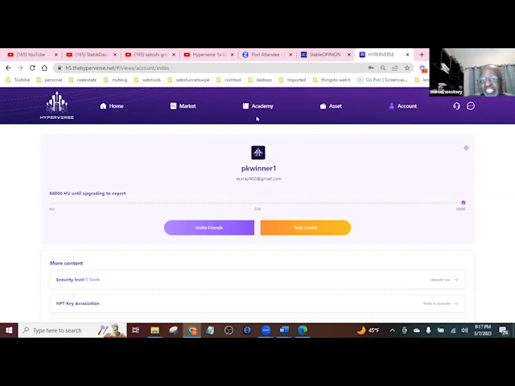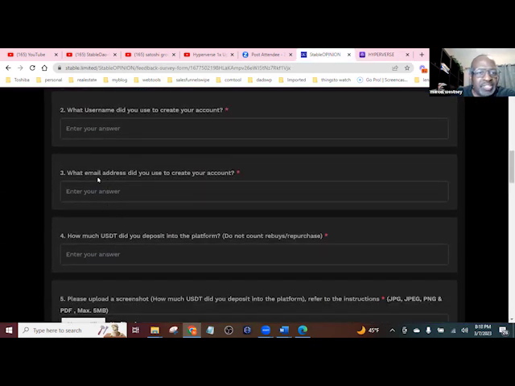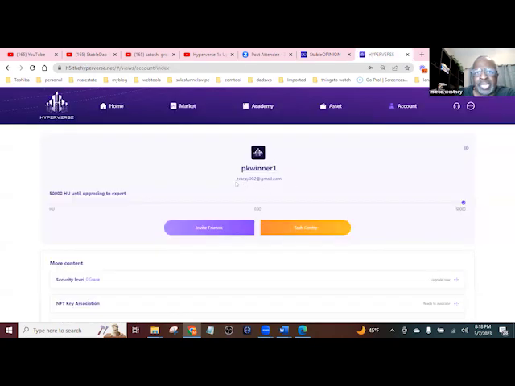So we just took a screenshot of the PK Winner 1 and the X-ray, the username. Now we're going to try and find how much USDT did you deposit into the platform? Do not count rebuys or repurchases. Okay. So in Hyperverse, what you do is you go to asset